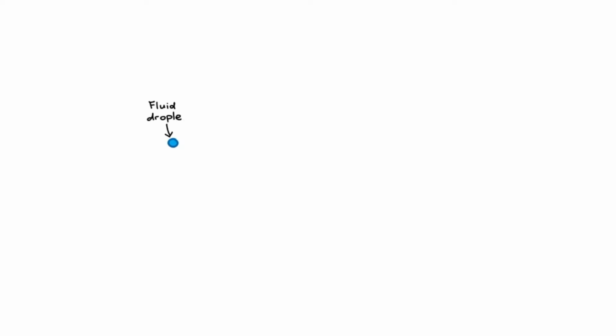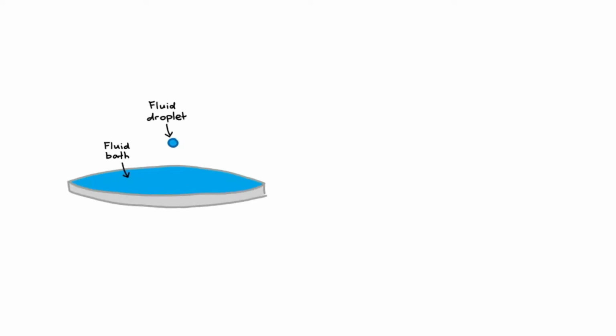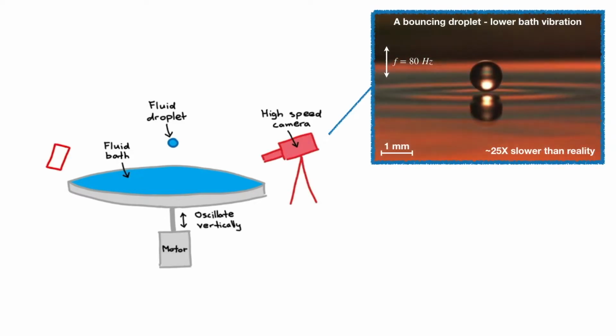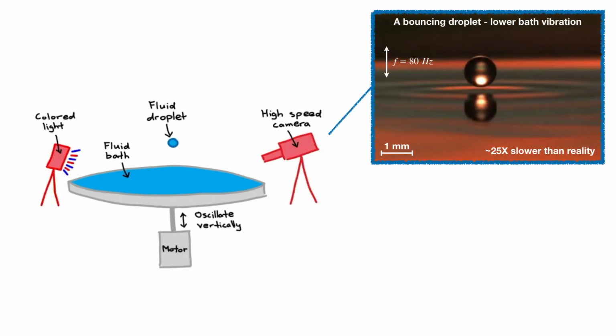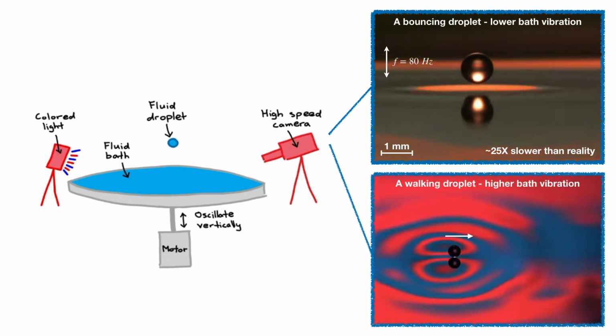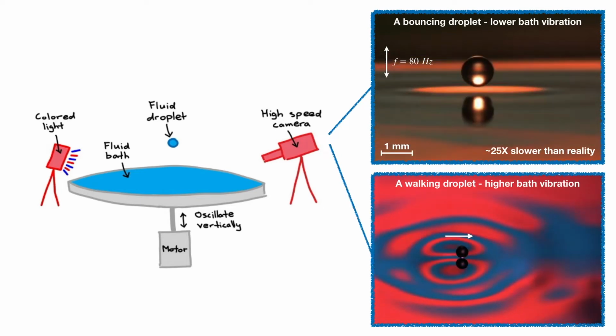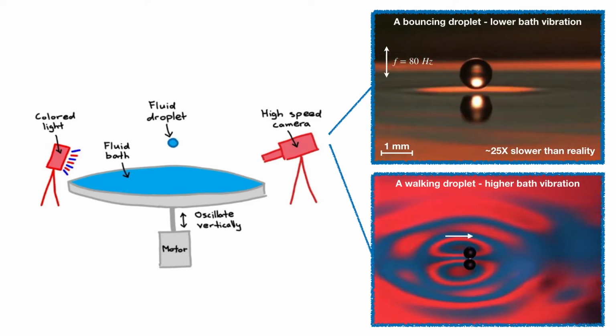If you take a fluid droplet and let it fall on a fluid bath, the drop simply merges with the bath. But now what if we rapidly oscillate the bath? Using a high-speed camera, we see that the droplet now bounces indefinitely on the bath surface. Remarkably, if we shake the bath harder, the droplet starts to walk horizontally, propelled by the waves generated at its